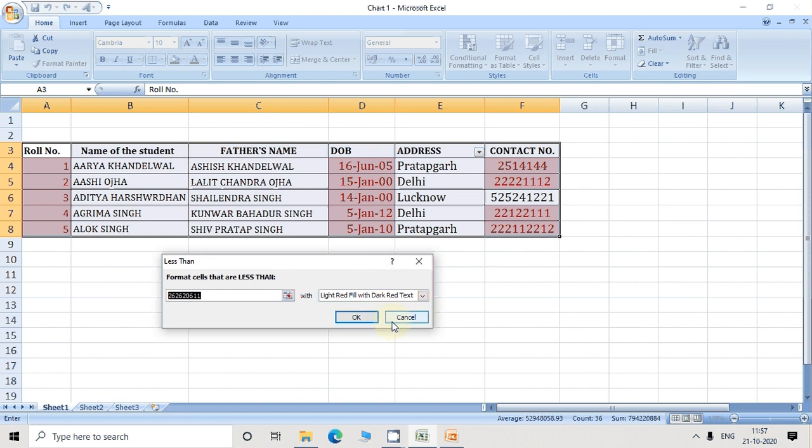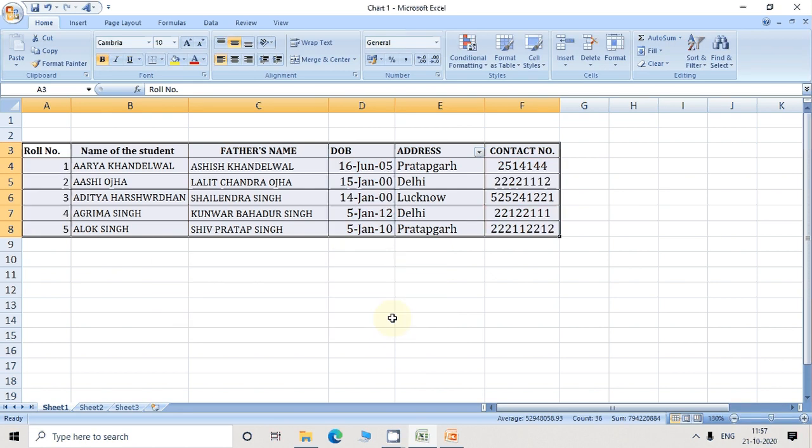In the last is the data validation. Data validation enables you to set limits on data in a certain cell or range of cells. As I told you, in the case of roll number, you have to restrict that no one can enter a roll number greater than, suppose, 100. So to use the data validation technique, we restrict users to enter the roll number of the student to a maximum value of 100 only.